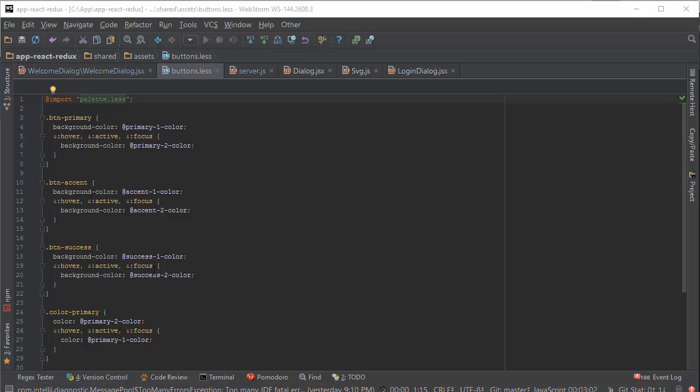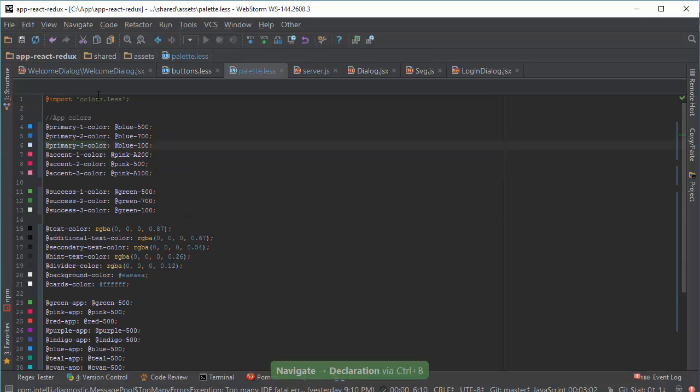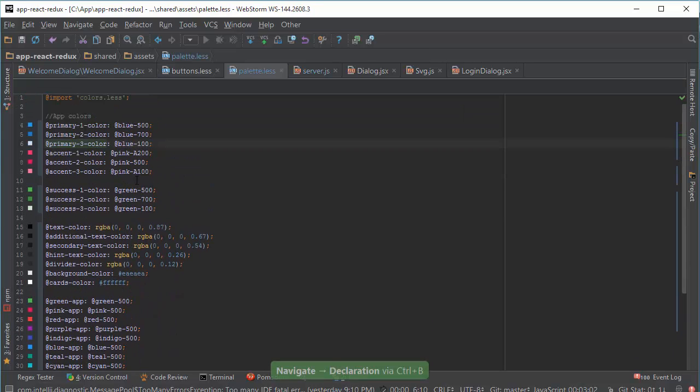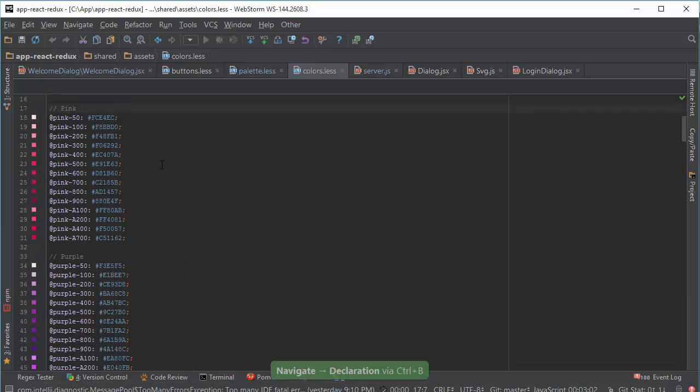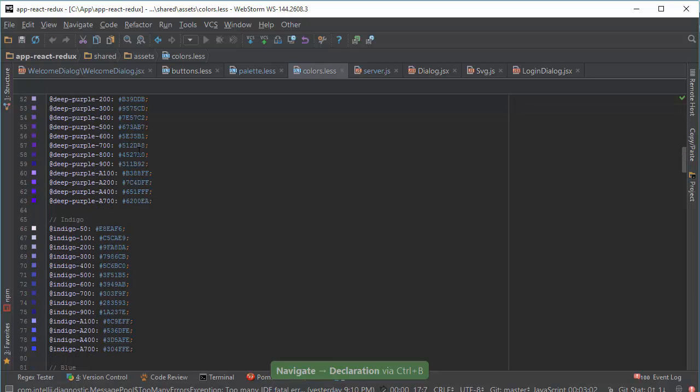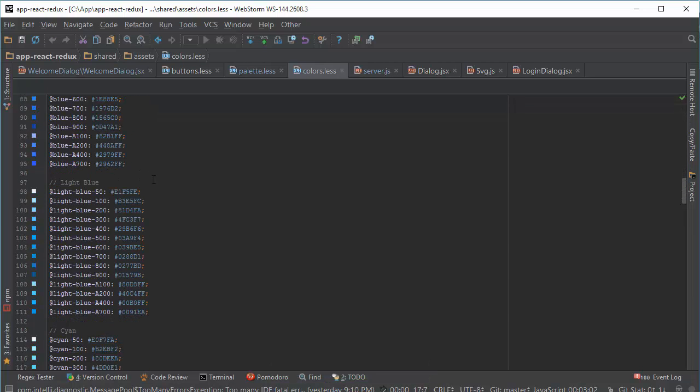All these properties that we add here for colors come from Palette, and with Alt-B I can open it. Here they are. And this file depends on colors.less. And here all colors from Material Design are defined.